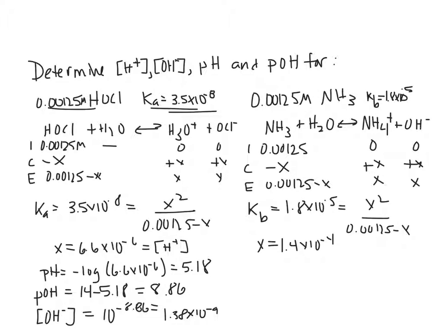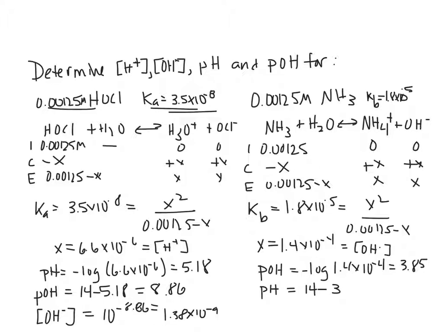But remember, what is X? Well, X is the ammonium concentration and the hydroxide concentration, but it's the hydroxide concentration that affects pH. So that's what we'll say that we also have. It's the most important part. So now that we know the hydroxide concentration, we can find things like pOH. We can take that opposite log of 1.4 times 10 to the negative 4 and get a pOH value. I get 3.85 for my pOH. So finding pH is easy. It's just 14 minus my pOH of 3.85, so I get 10.15,